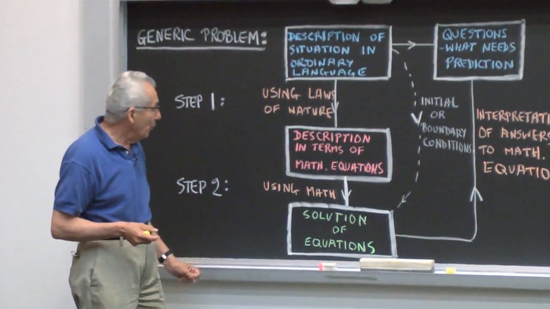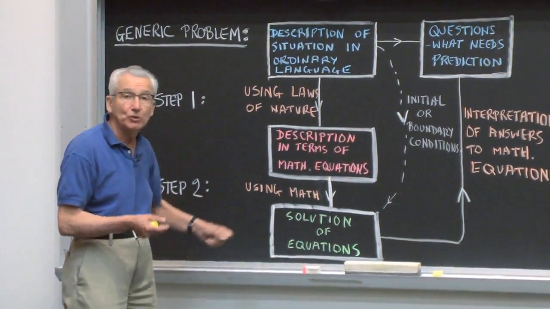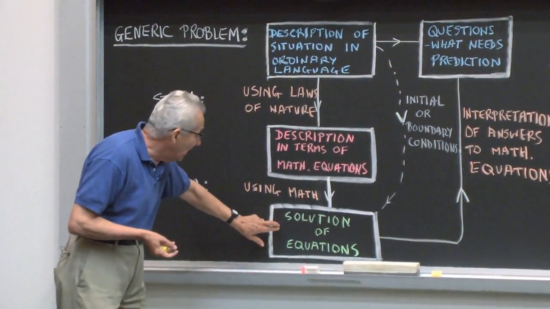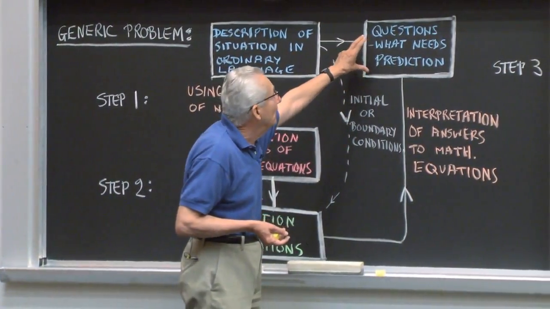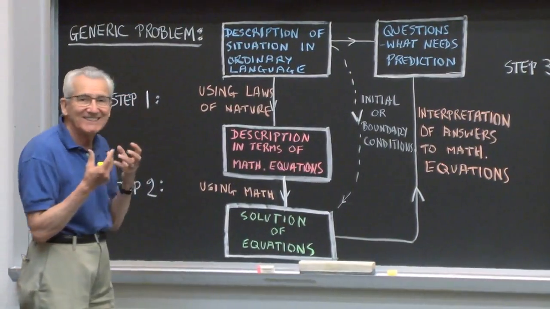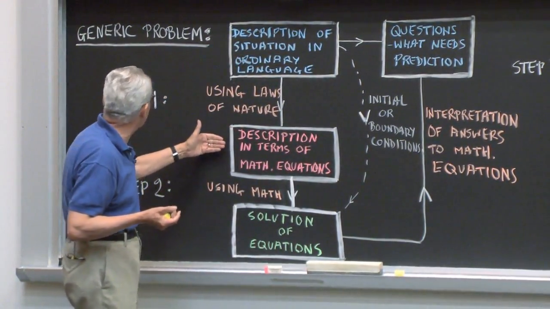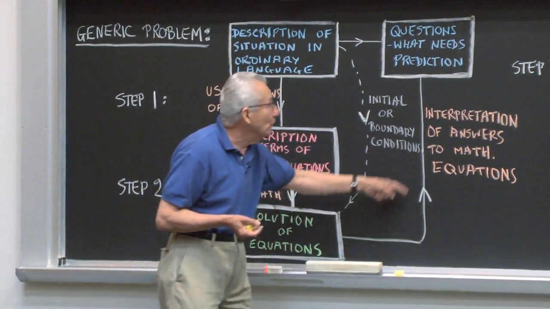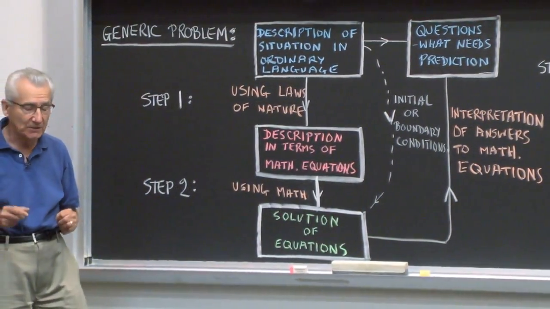All right? Once we have found the solution to this mathematical equation, there's only one thing left. We identify the answer with the questions posed in the problem. So, understanding of physics comes in this step, which I call step 1, and in the last one. The middle one, step 2, is pure mathematics.